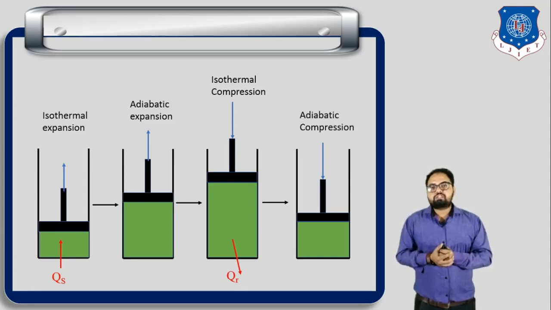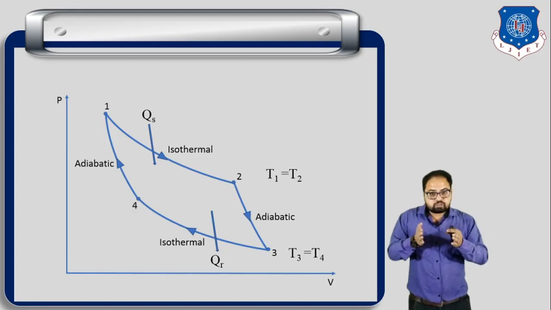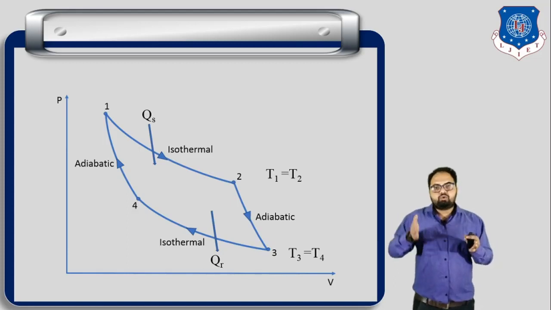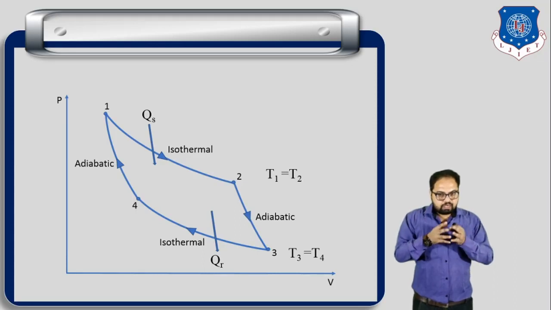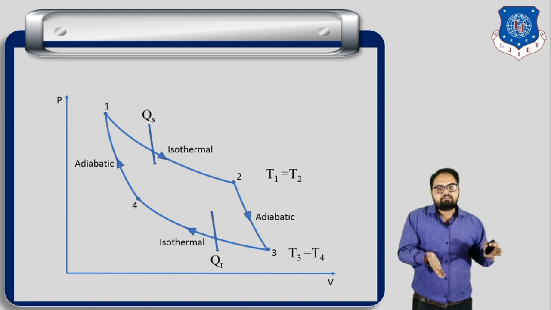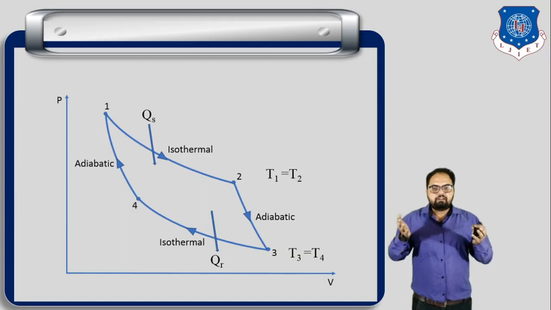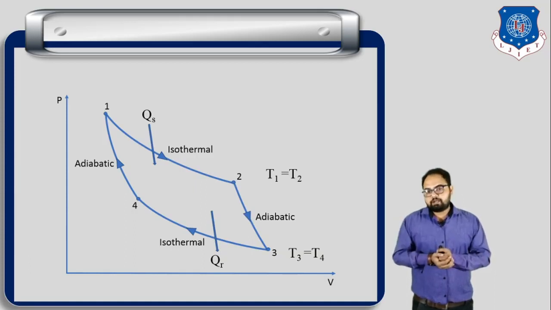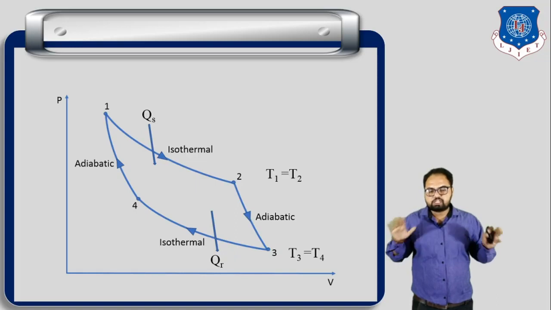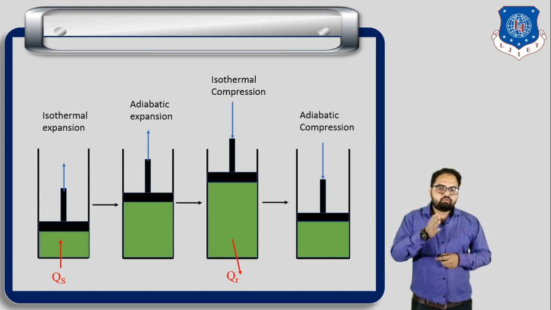So this process is known as the adiabatic expansion process, and during this process we can see that there is continuous expansion of the gas. So during process 2 to 3 there is expansion of the gas. You can see that volume is increasing and pressure is decreasing during 2 to 3, and this process takes place adiabatically. So we know that there is no heat transfer during the process. The next, during process 3 to 4.